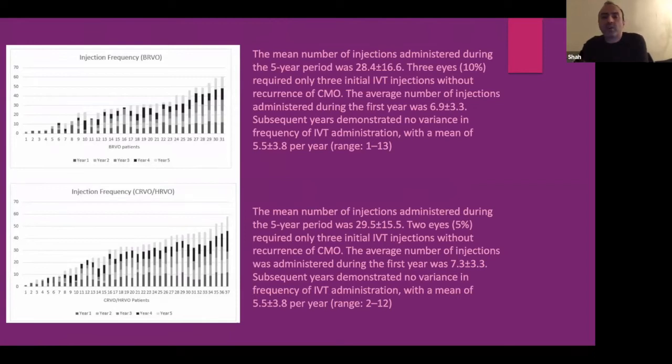And a lot of patients get really flabbergasted by all the injections that they've got coming. So you're often asked, well, what are the injection numbers over time? Within your BRVO group, over 5 years, they tend to have up to nearly 30 injections over 3 years. And on average, they go around 5 or 6 injections, very similar to CRVO actually. But 10% only ever have 3 injections. But I'd say the majority, I would prepare them that this is not a sprint, it's more of a marathon, and they will be having treatment for time to come.